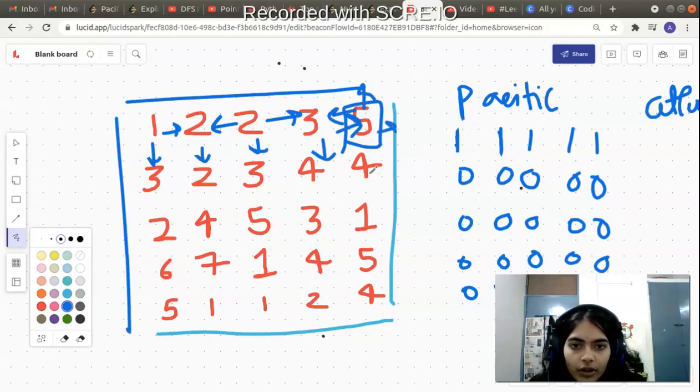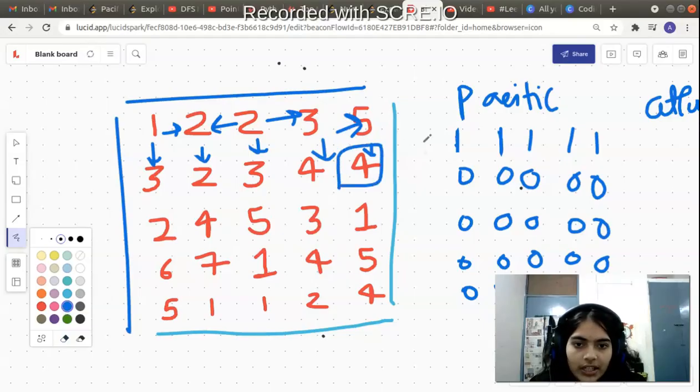It will make the function call to all of its 4 neighbors. Now what will happen is, when it makes its left function call, it's already 1. So water has already reached that cell, we need not worry about it, so we will just return back. When it calls its top neighbor, it will go out of bounds, it will return back. When it calls its right neighbor, that will also go out of bounds, it will return back. So it will make a function call to its down neighbor. So now we have entered the function call of its down neighbor.